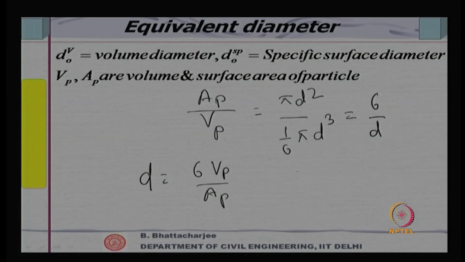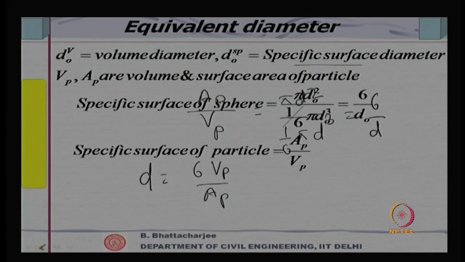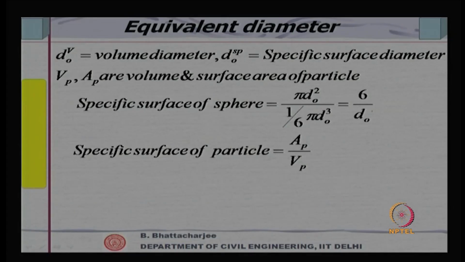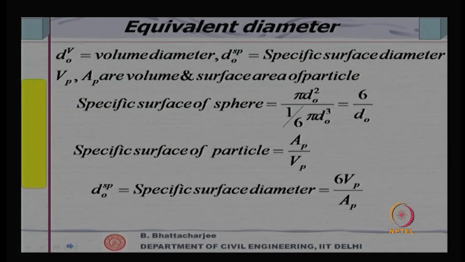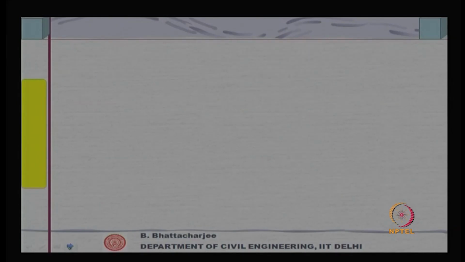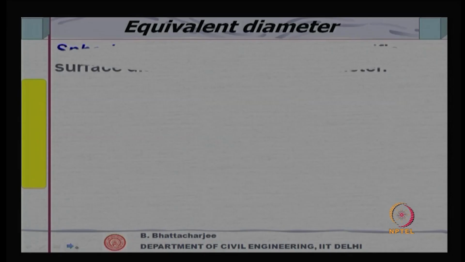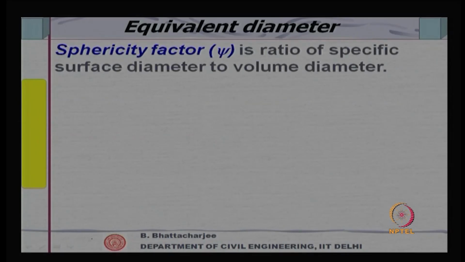Now, what was the volume diameter? Volume diameter, specific surface diameter, from volume and surface area of the particle. The same derivation is available here straight away. So, 6 by d 0 is the specific surface of a sphere, and the specific surface of the particle is this, and if you equate this, specific surface diameter will be 6 V p by A p, right. So, this is how we can find out various diameters,